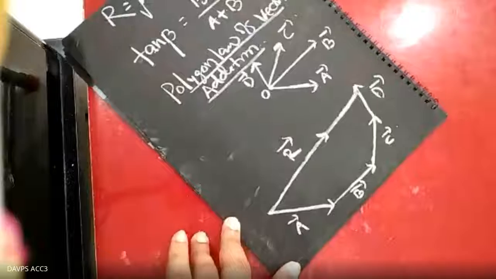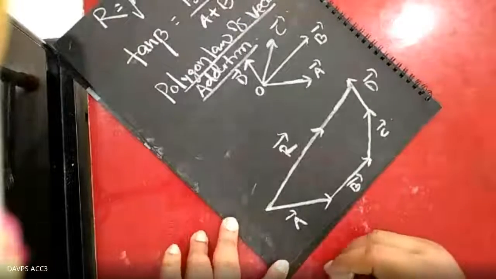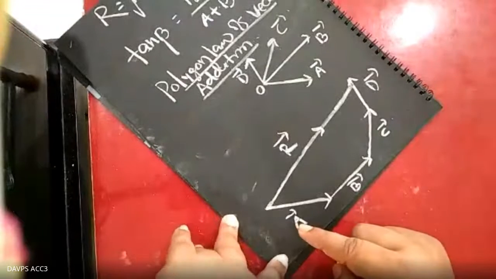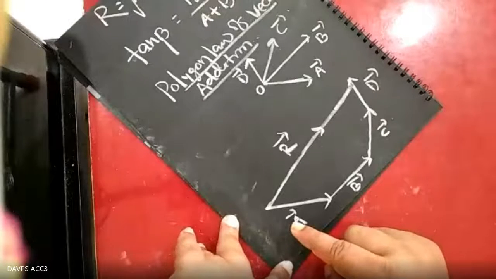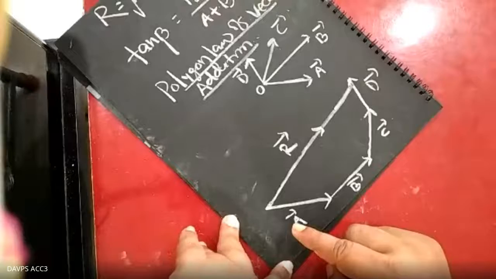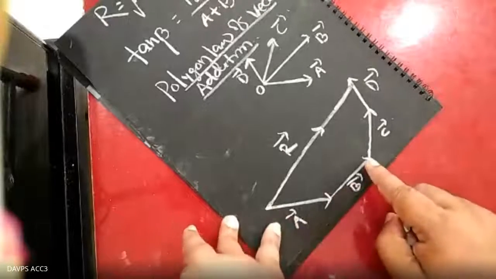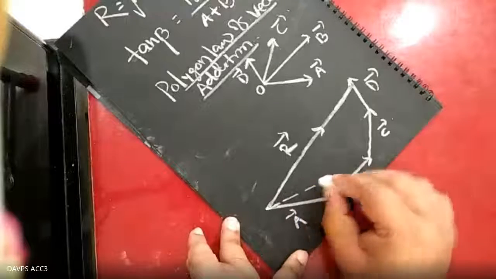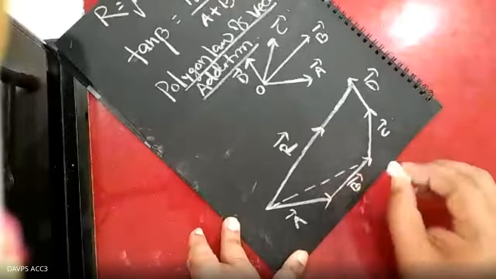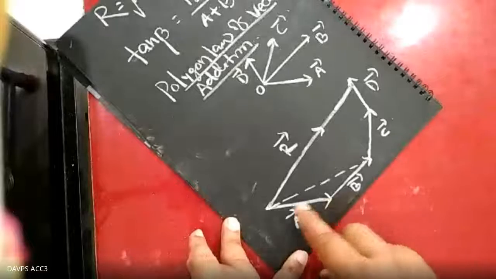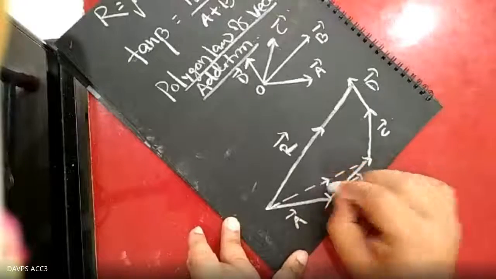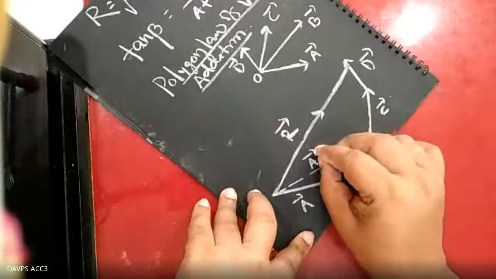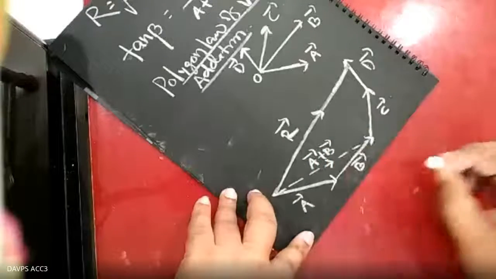So in this case, what do you have to do? Suppose you simply check it here. This A vector and B vector are both in the same order, so this is representing the resultant, because as per the triangle law, this dotted line is indicating the resultant of A vector plus B vector. We are writing it A vector plus B vector.